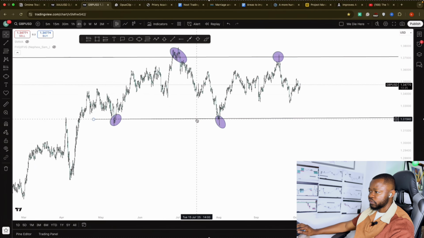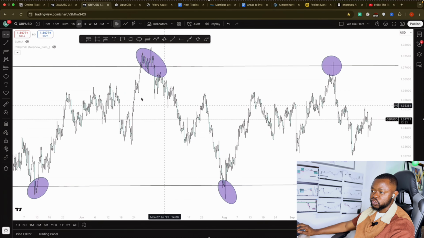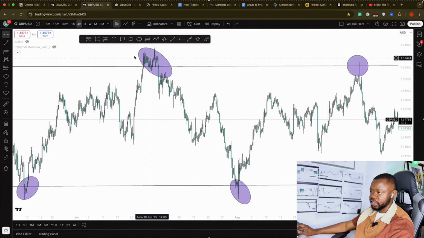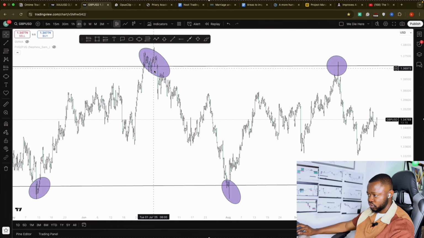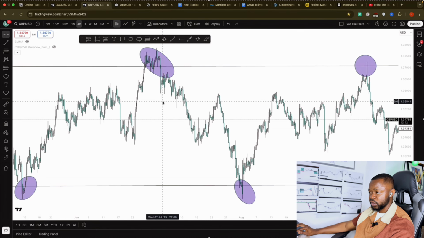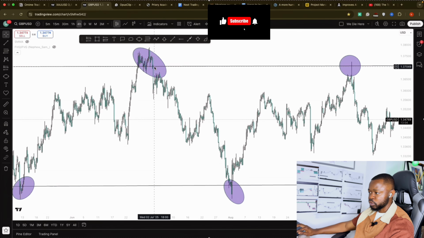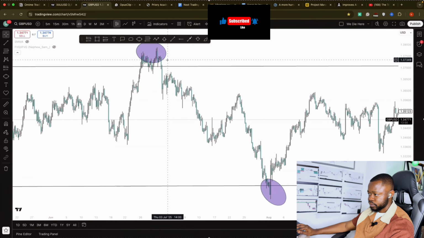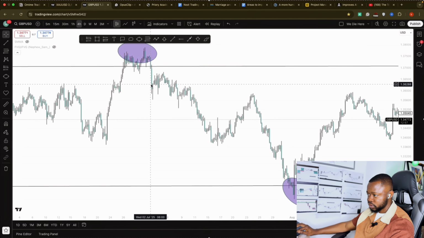So now, on the 4-hour time frame, as a swing trader that I am, I can take action on the 4-hour time frame. But when I want to take action on this particular price here, you can see as price got to this level, I'm looking for sells, because price has broken above this area, but there's no confirmation that price is going to go above it consistently. So as price broke below this area here, let's just move this to the side. After this particular close, this candle here,